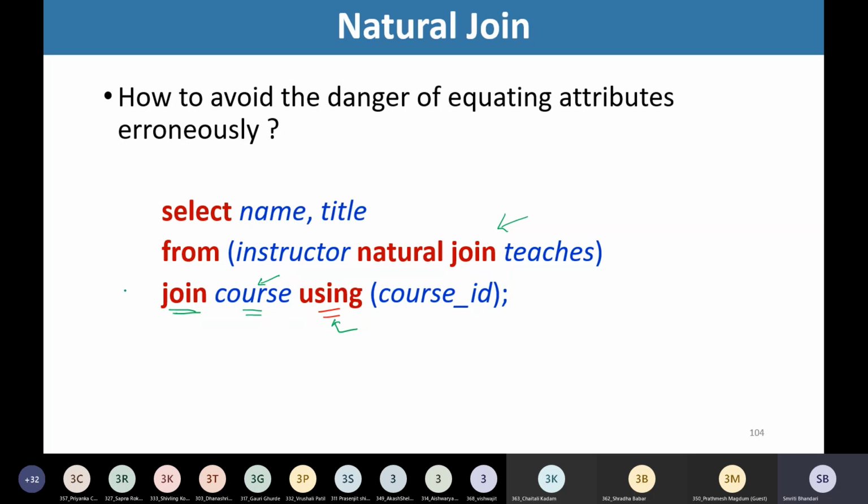So if instead of join, if we use natural join, what will happen? All the common attributes in the relations will be matched. Right? So instead of that, we are no doubt having a join of this result along with course. So obviously in this join, we will be having department name as well